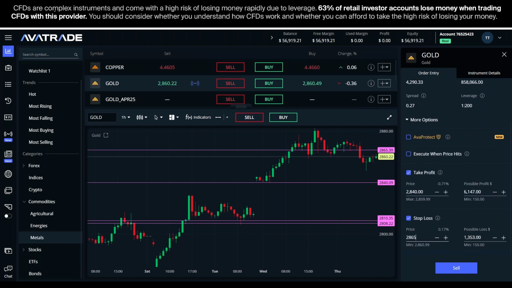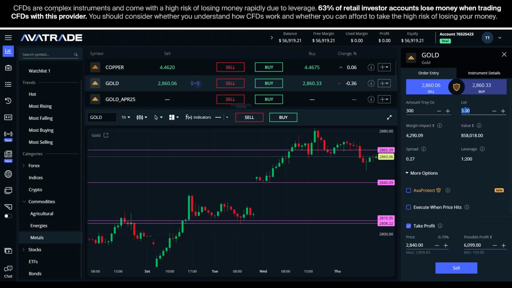But maybe I don't want to risk 1,300. So now I've got my technical analysis lined up. I know I want my stop loss above this high. I want my take profit just before this gap, which probably would act as a support level. So I'll take profit just above that. So then now I just need the proper trade size. The direction was determined by the fundamental news and the technical signal combined together.